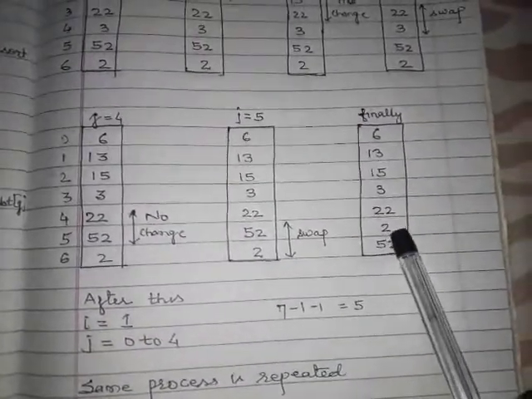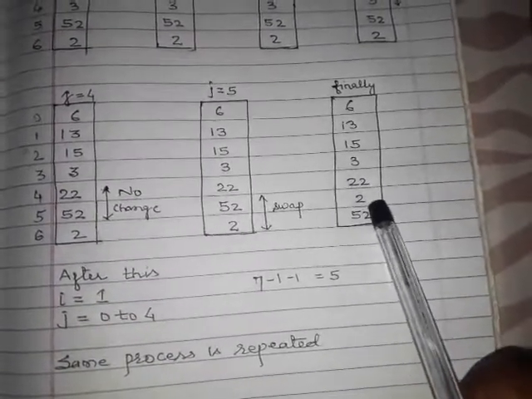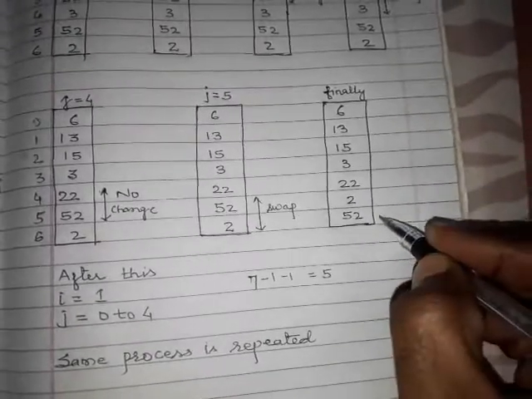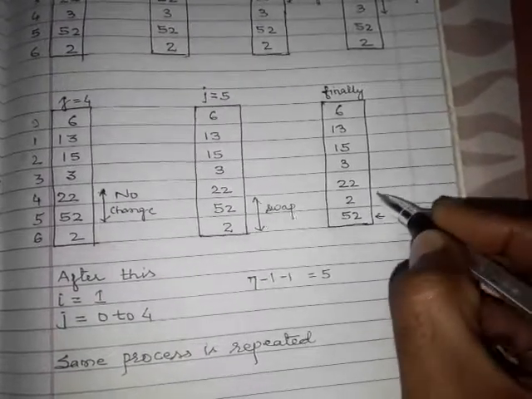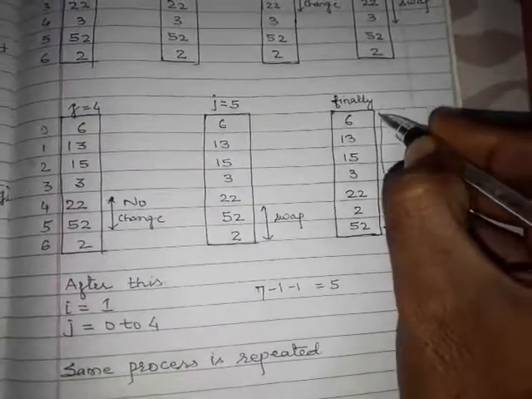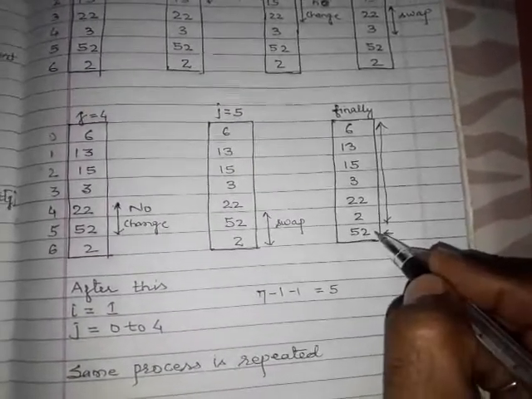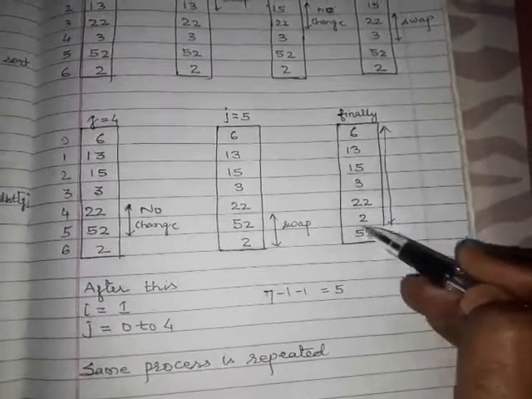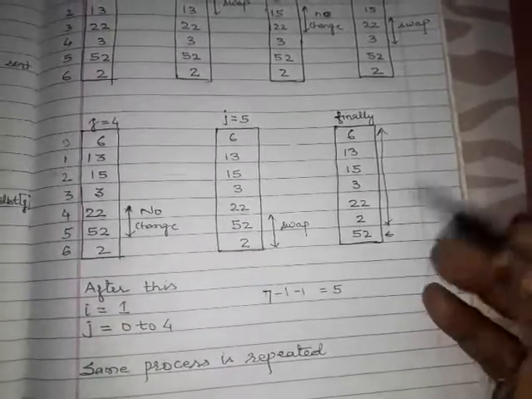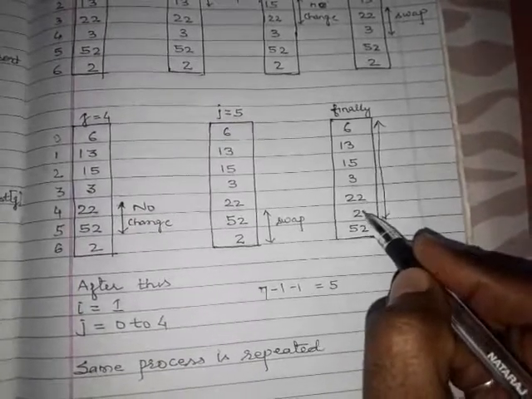After this list, the same process will be repeated. Now j will reach till index 4, and j plus 1 will be here. So we will not change this last value, and we will do the operation above this for the next iteration, because it is already settled. The heaviest element is already at the last position. Now for the next iteration, the loop will work on the elements above the heaviest element, and the second last position will be filled with the second largest element, which is 22.